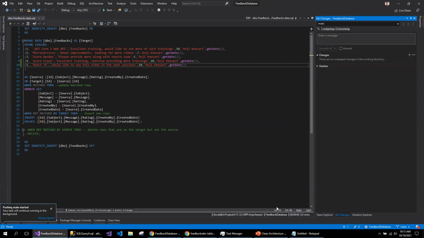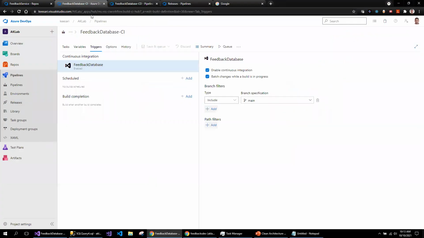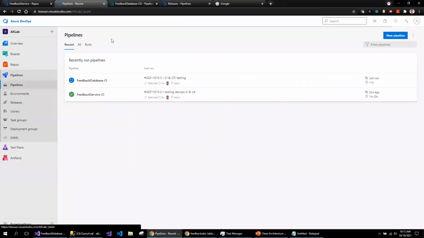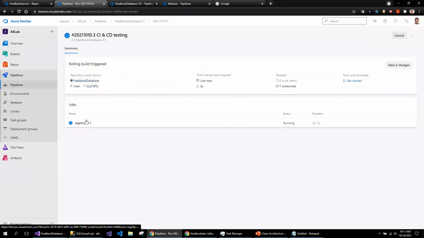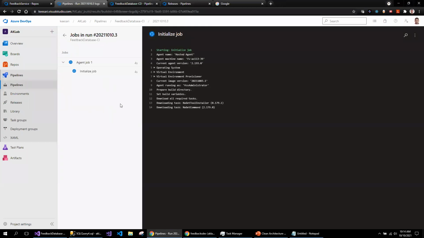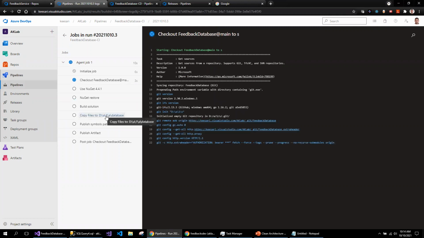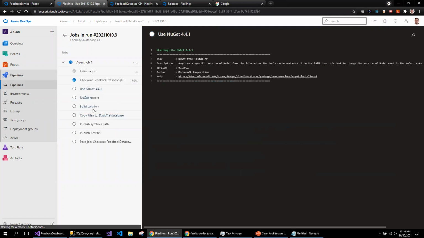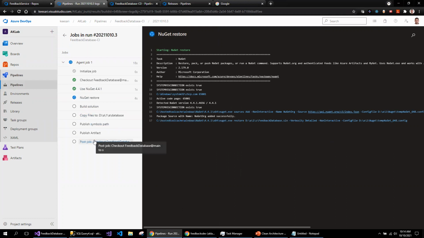So pushing the code to DevOps. As soon as that is pushed to the server, DevOps, I should be able to see the CI is triggered, and the code is getting packaged as a dacpac deployment. Create the dacpac, compile the code, build the code from the bin folder, take the dacpac file and copy it into the drop folder. So that's the purpose of the build definition.